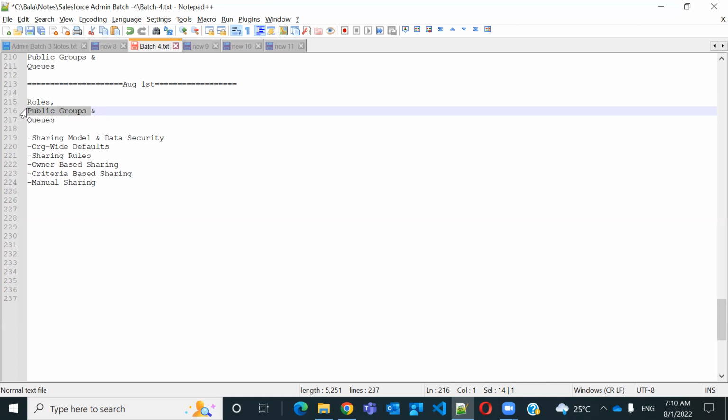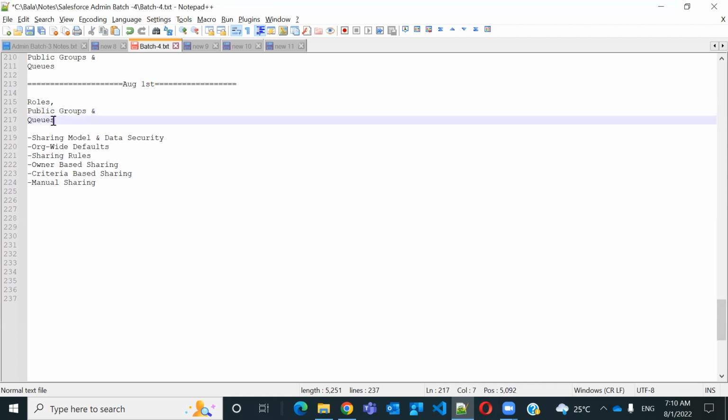Now coming to queues. Queues are also exactly similar to a public group. You can create a queue and add the members. So what is the difference? Why do we have both public groups and queues? The difference is